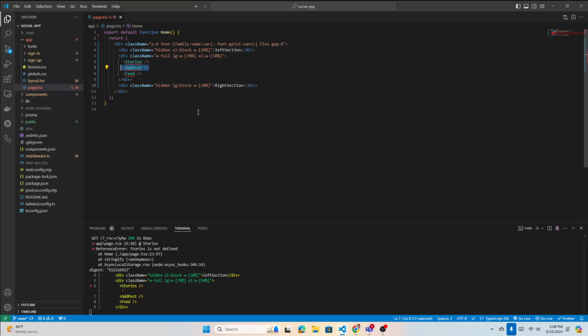Add post will be one box. The feed we're going to have to design as a separate feed, one feed, and then you feed the data to that component, and that will repeat, however many feeds there are. Okay, yes, we're going to start with the stories now. These are on the top, in a column, yes, we have to make it a column. So let's add another box here, a div,